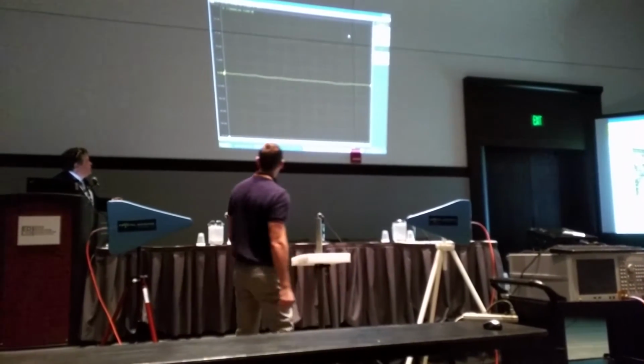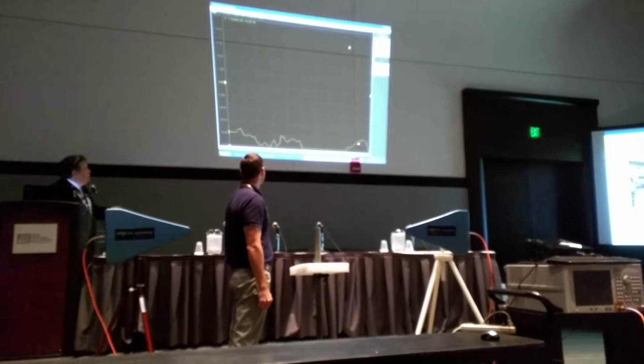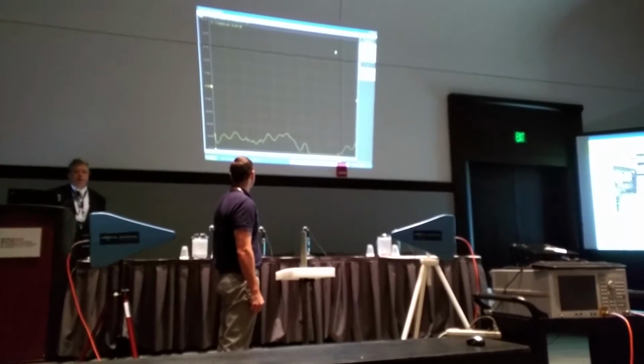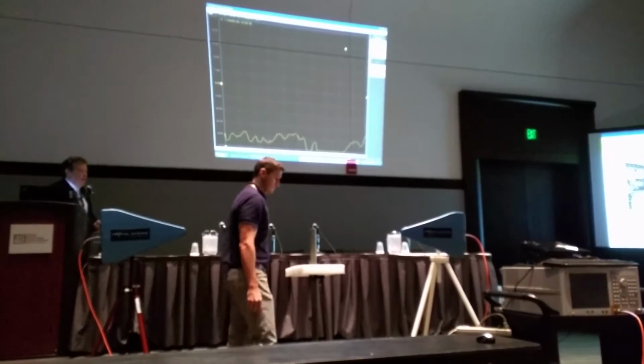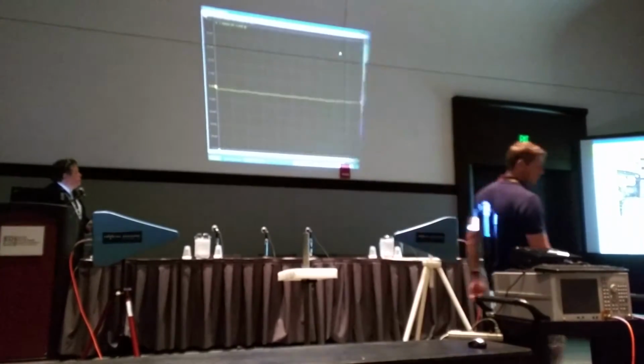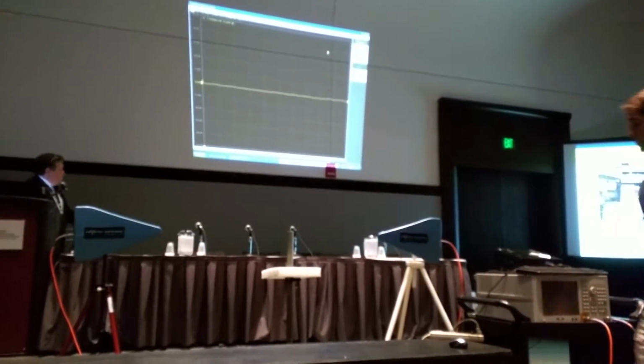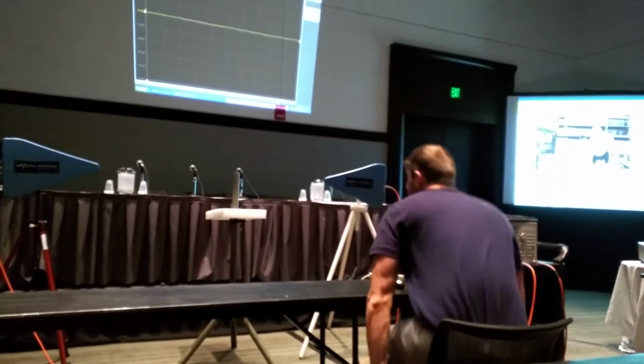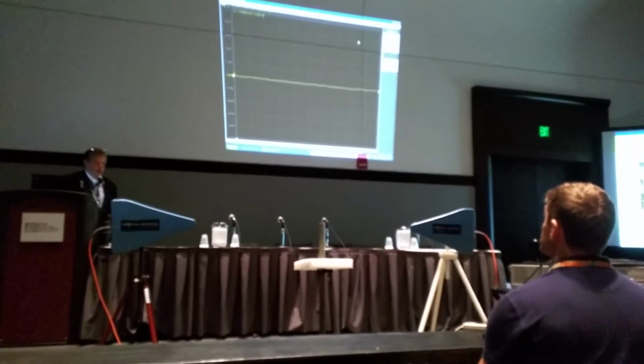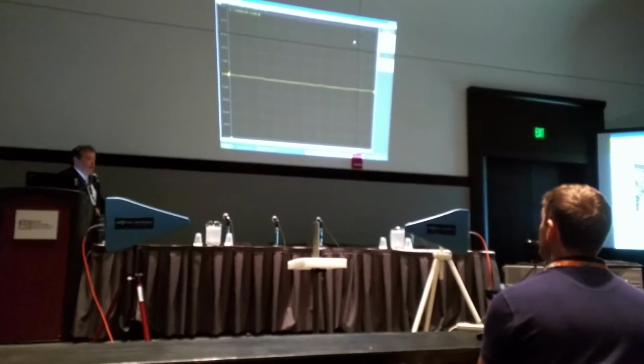Now the problem, of course, is when you get down there, it gets a little bit rough because the signal and noise is actually kind of low. I mean, it is a network analyzer with a fairly low power output. But that means right now we've got a direct path, and now the question becomes, if we take our